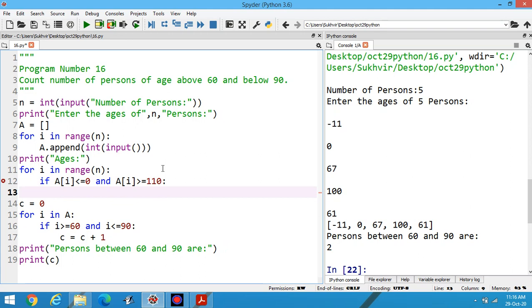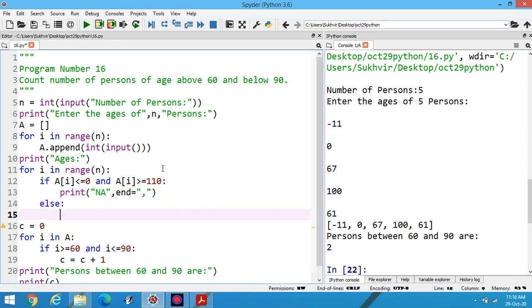Suppose this one is the condition. If a[i] less than equal to 0 and a[i] greater than equal to 110, suppose I am writing print not applicable, so that I can print the data in the same line,